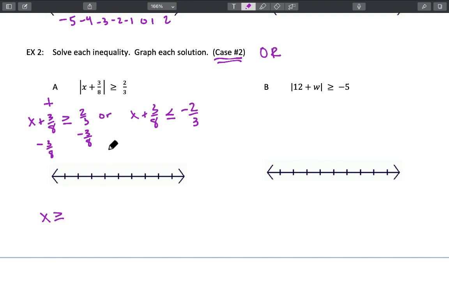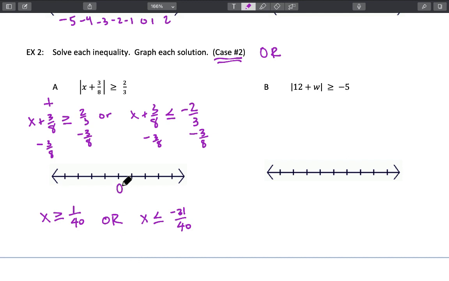We need to change those denominators so that they have common denominators. That is going to be x is greater than or equal to 1/40th, and then we're going to subtract our 3/8 over on the other equation, and that leaves us with x is less than or equal to negative 2/3 minus 3/8, which is going to give us negative 31/40. All right, so we got some very strange looking fractions here, but remember this is an OR statement, and